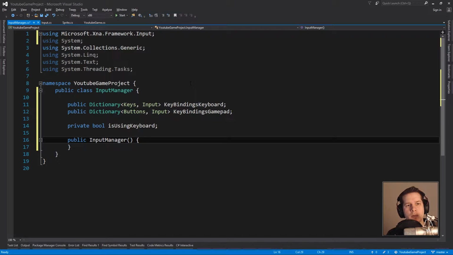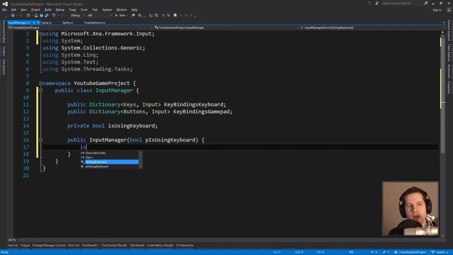And that's something we will tell the input manager in the beginning here. It's like bool is using keyboard. Is using keyboard equals to... It's actually,